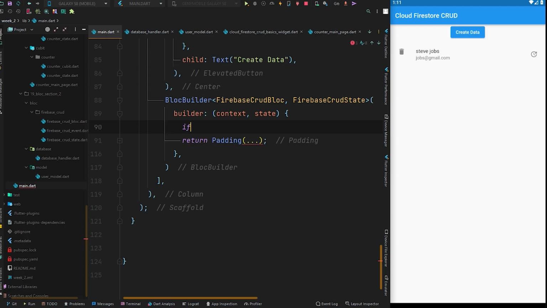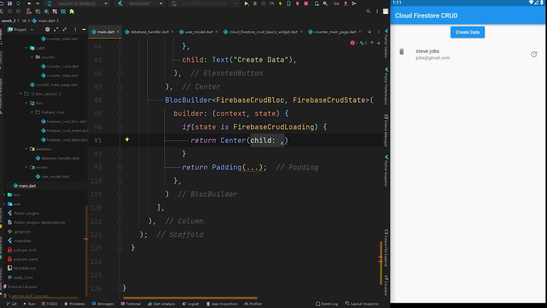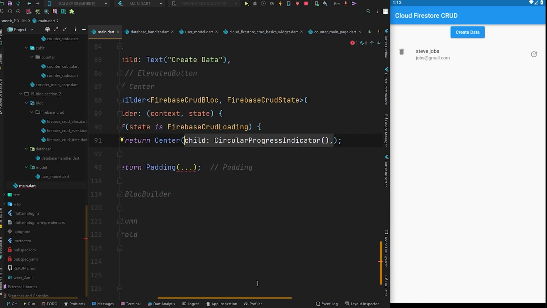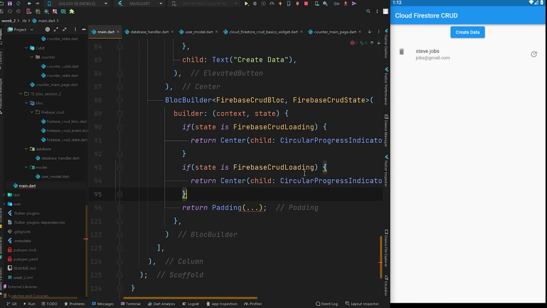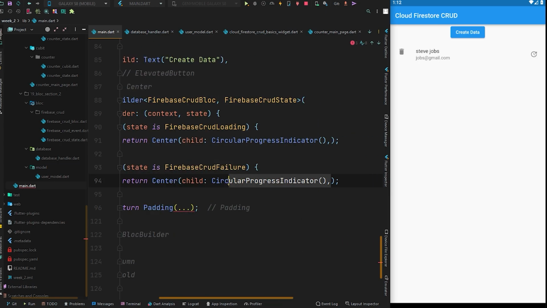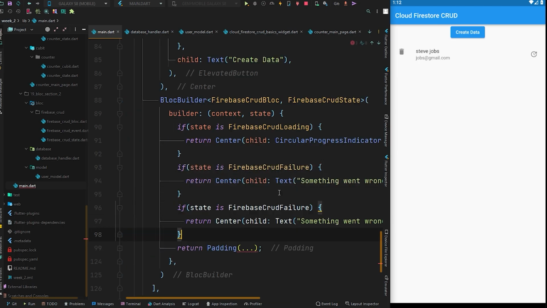And now here we will check the conditions. If the state is loading, simply in the body we will return a Center, and in the child of the Center we will do CircularProgressIndicator. When the state is loading, simply we will show the CircularProgressIndicator, and copy this if condition from here, paste it right here, and change this FirebaseLoading to the failure. So if the state is failure, we will remove this CircularProgressIndicator, put some text, and we will say something went wrong, and then we will check the condition if the state is loaded,